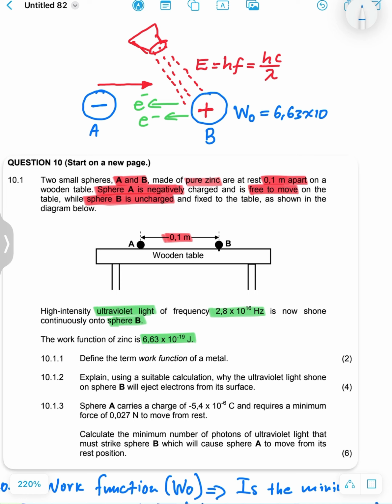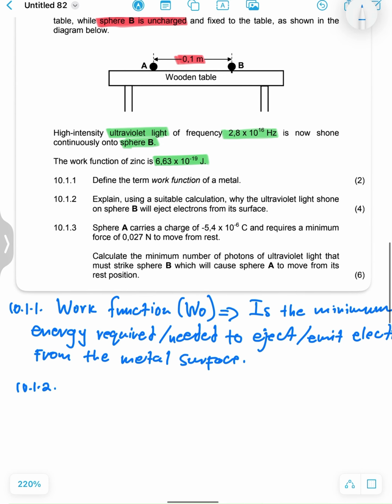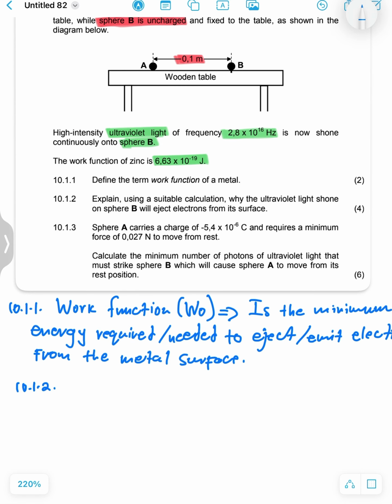6.63 times 10 to the power of negative 19. So we want to check that the energy of the light, is it the same as the work function, or is it more than the work function, or is it less than the work function? So we have to calculate the energy of this light. So we know that the energy of light is E equals hf,